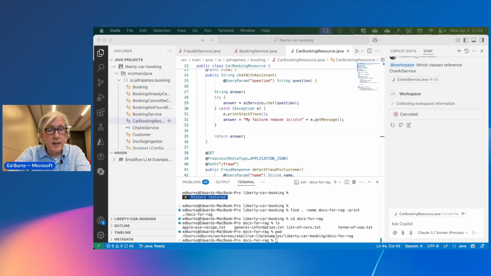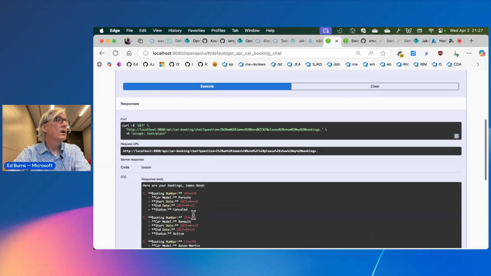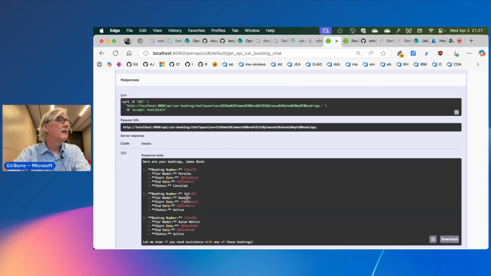And let's try to cancel 1, 2, 3, 4, 5, 6. I think it will run into the policy. So cancel booking 1, 2, 3, 4, 5, 6. Execute. Okay, and so you could see I've got one happening starting about a week from now, one that I just canceled, and one that's still active.